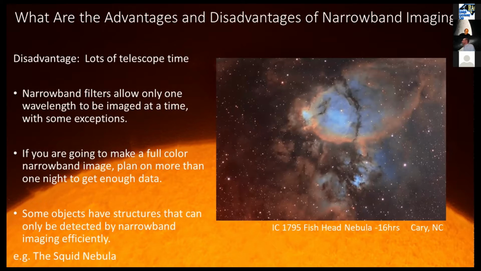So right here on the slide, this is the Fishhead Nebula. This took 16 hours. It was 8 hours of hydrogen alpha and 4 hours of oxygen 3 and sulfur 2. And I put this up there just mainly to demonstrate what I was able to do in